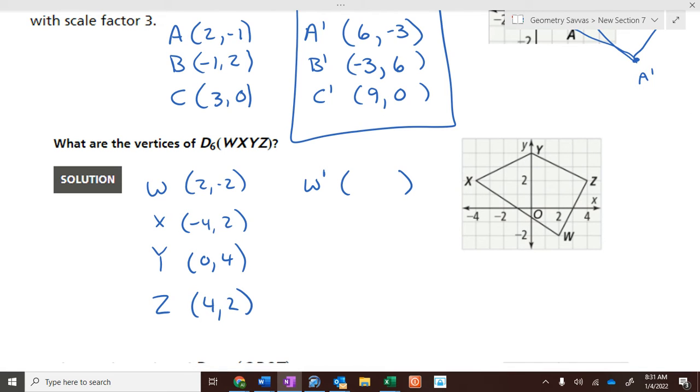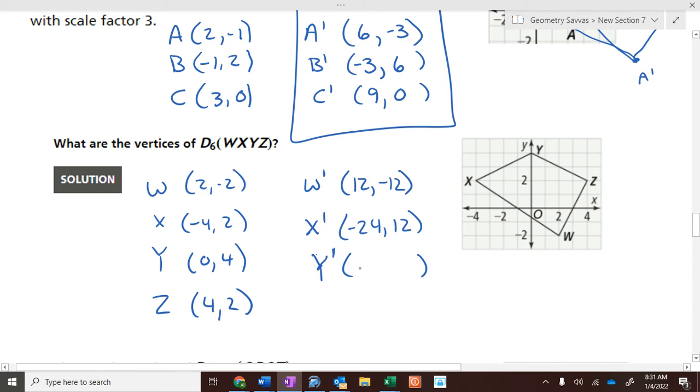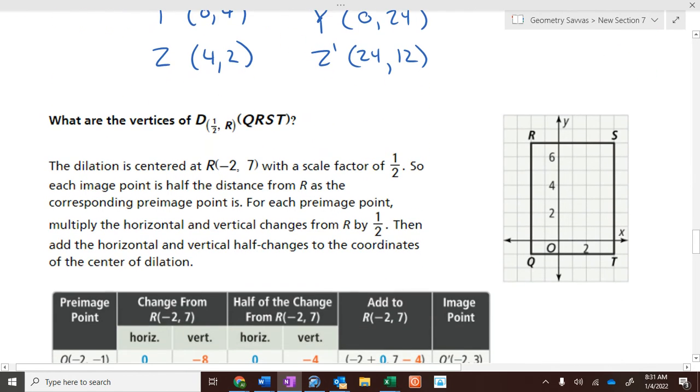W prime. 12, -12. What would X prime be, Ray? -24, 12. What would Y prime be, Emily? 0, 24. What would Z prime be, Lane? 24 and 12. Okay? All right, this one,